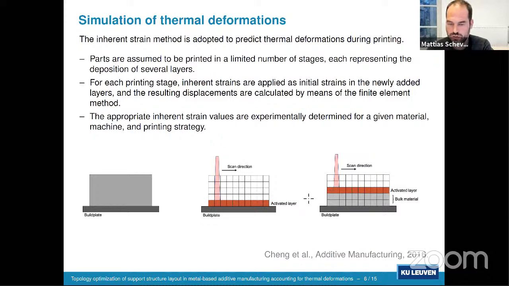Now, this is not identical to reality, because in reality we have thinner layers and the heat is much more concentrated at the top probably, but we can fit the initial strains that we impose here in the top layer to experimental results determined on the printer of interest for the material of interest and the printing strategy of interest. So we did that, and we used the numbers for the initial strains that Materialize provided us with.